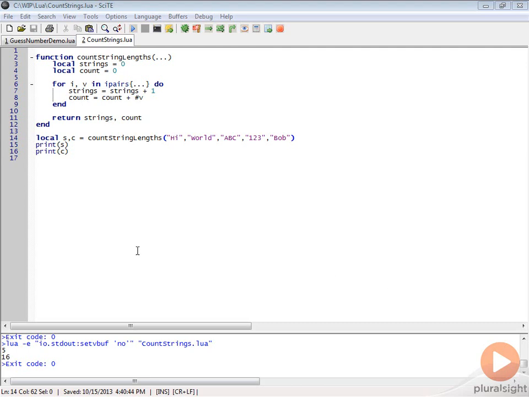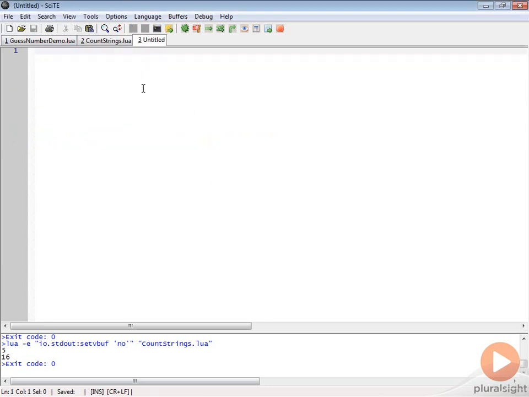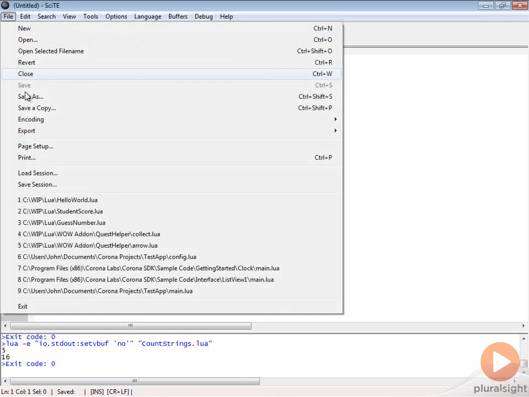So for this example, what we're going to be doing is making a very simple calculation program that's going to ask the user for two numbers and then ask them to type in a plus if they want to add those numbers or a minus if they want to subtract those numbers. Let's go ahead and create a new file, and I'm just going to call this